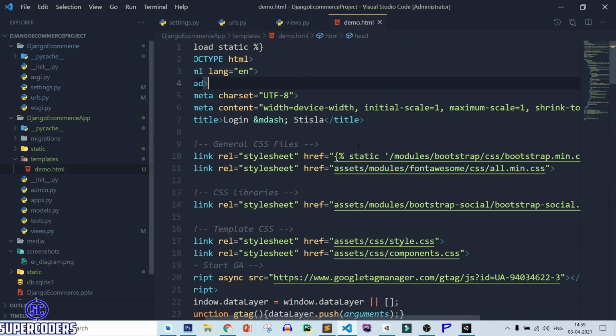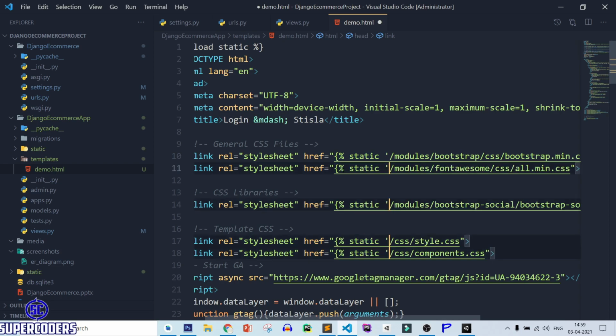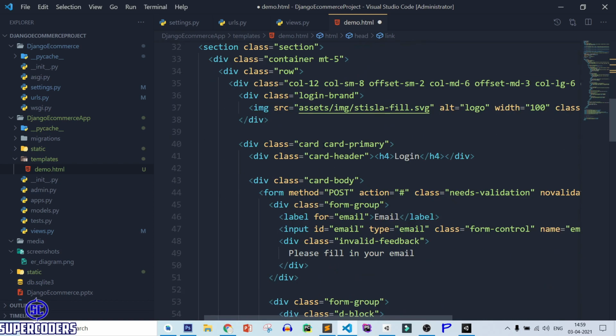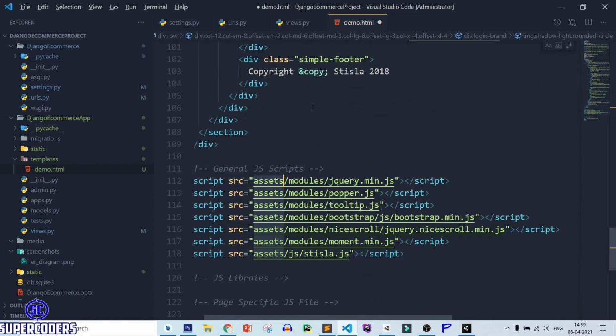After that, come to this page, and here let's add the assets in all places. So select all the assets, select it, paste it. Assets, assets, select every asset.